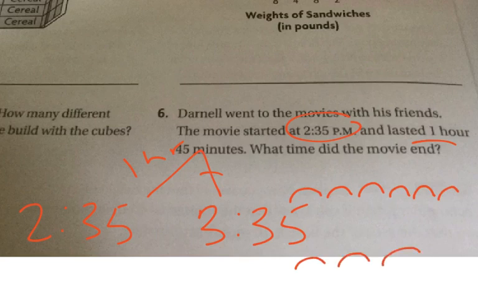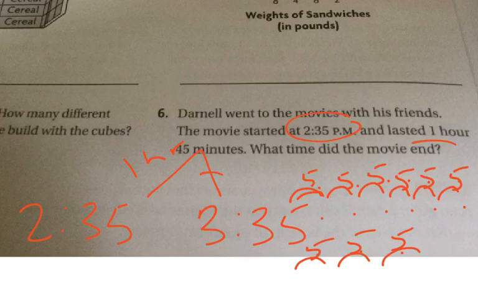So this would be 5, 10, 15, 20, 25, 30, 35, 40, 45. Okay, so this would be 3:40, 3:45, 3:50, 3:55, 4:00, 4:05, 4:10, 4:15, 4:20. So it would end at 4:20